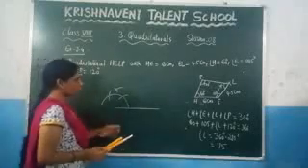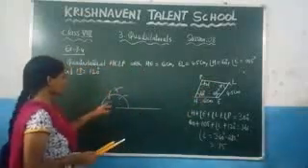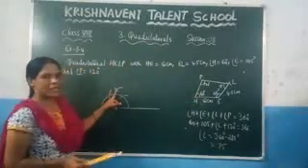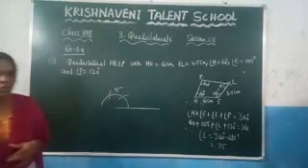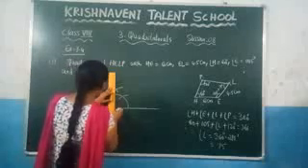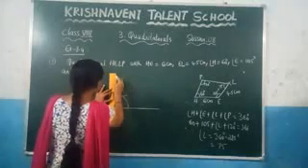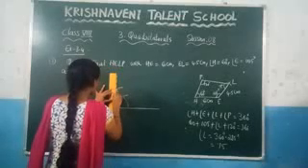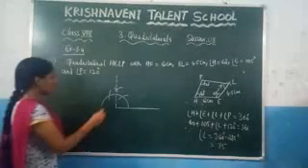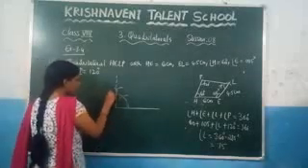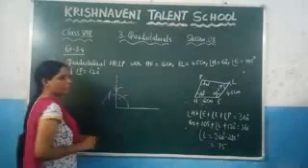And suppose if you want to construct 105. Where is 105 located? Just now we have told, in between 90 and 120. So here if you want to construct 105, first you need to draw here 90. Just now we have found like this you need to construct 90. This is nothing but 90. Now here you got 90. This is 90 and this is 120. In between 90 and 120 you will get 105.